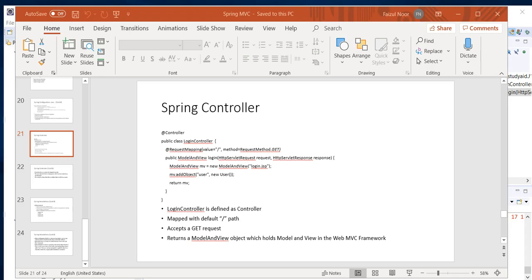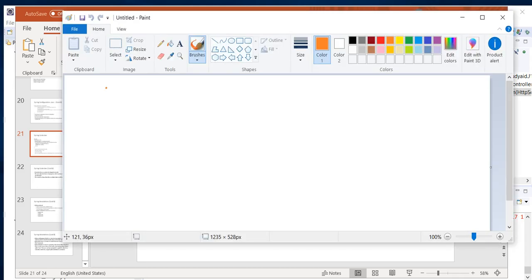Today's tutorial I'm going to talk about the Spring controller. So let's say a use case where we are going to type this http://localhost:8080 and then at the root. So whenever we are typing this at the root, it's going to call a controller